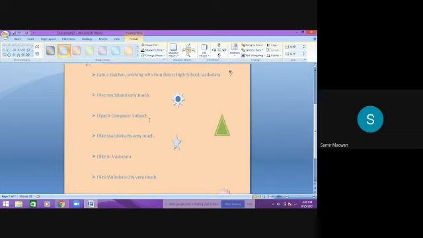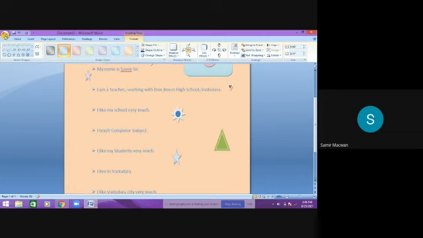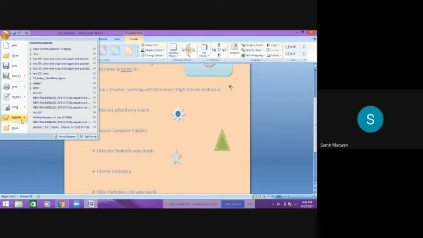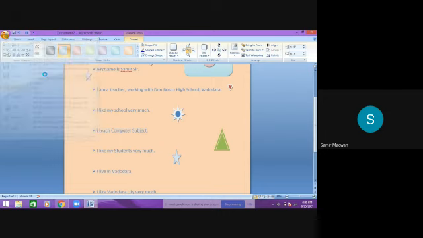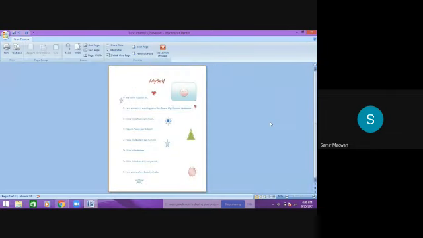That's it. Now just have a look. Go to file and go to print preview. Here it is. Oops, it's not showing the background color of the page, but you can see my work about myself.